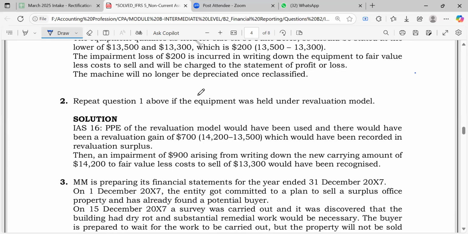Now, under the principle of IFRS 5, you compare the carrying amount against the fair value less cost to sell. But look here: in case you are measuring your asset under the revaluation model, it means that